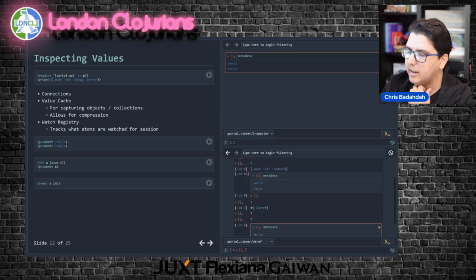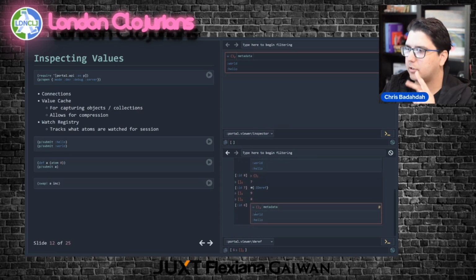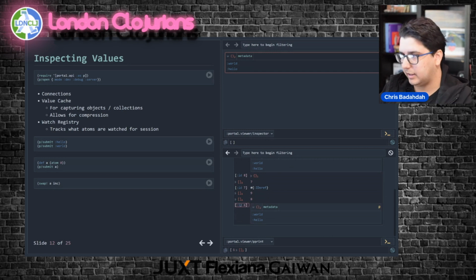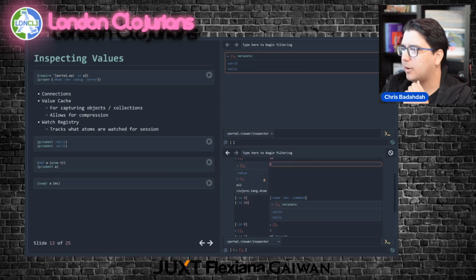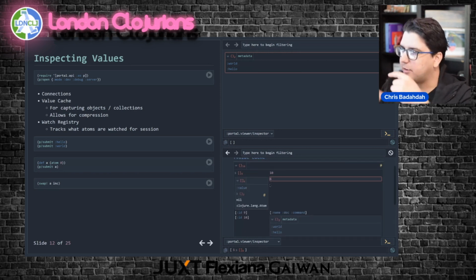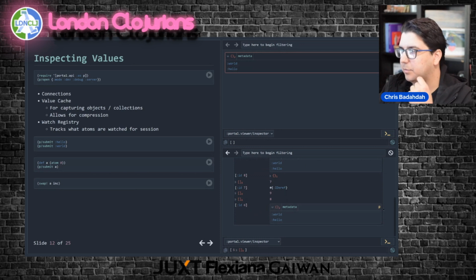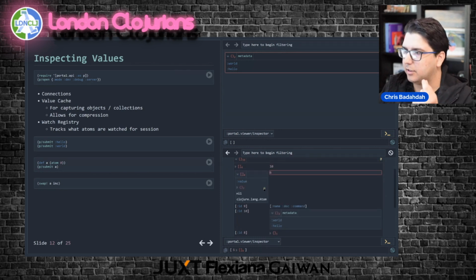And what you can see here in this value cache is a bidirectional mapping, where the keys on the left represent an ID or a value. So you can give this map an ID, like here, you can give it the ID 6 and it'll give you this atom. Or you can give it this atom, and let's try to figure out which one it is. It's not this one. Is it this one? No, let's keep going. It's probably this one. So it's bidirectional. When I give it the ID 6, it'll give me the atom. And if I give it the value of the atom, it'll give me the ID 6.